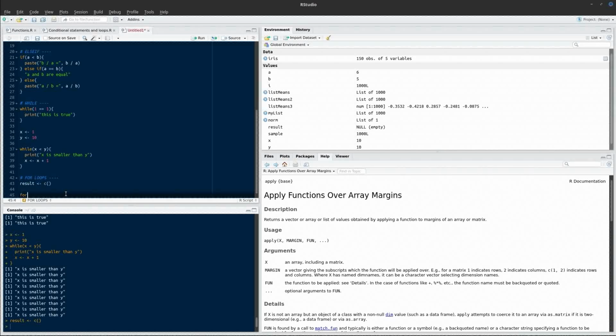The basic structure of a for loop is that we call for, and then we open brackets, and then we supply curly brackets. In the standard brackets, the first thing that we want to state is the object, or the unit that we're going to apply our function to. Now actually this can be whatever we want. We can name it whatever we want. A common convention is to say i, which sort of stands for index, or you can use words which make it a little bit easier later on for you to come back and understand what it was that you were iterating over. So it could be for subject, or mouse, or in our case we're going to say